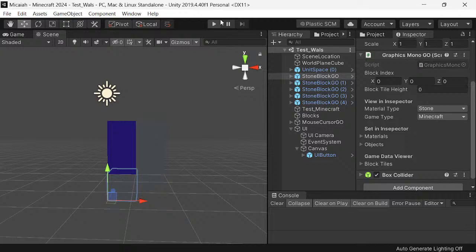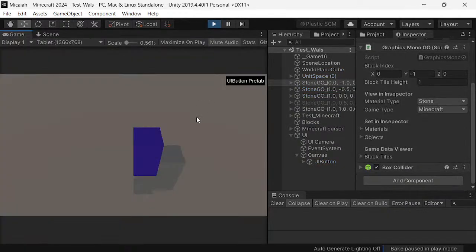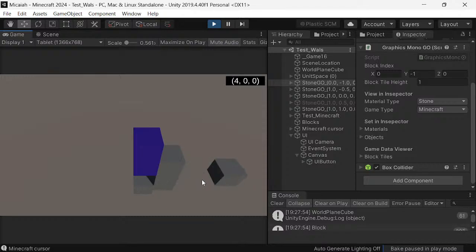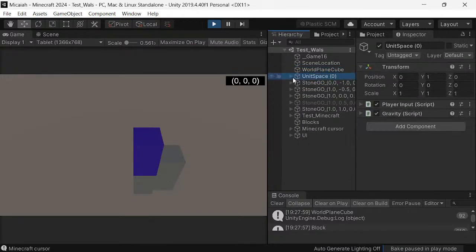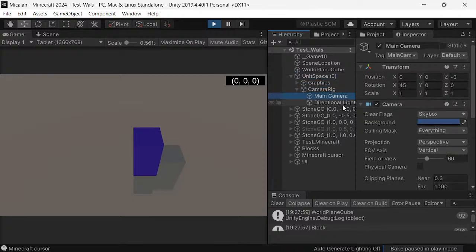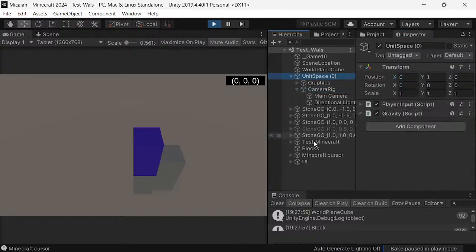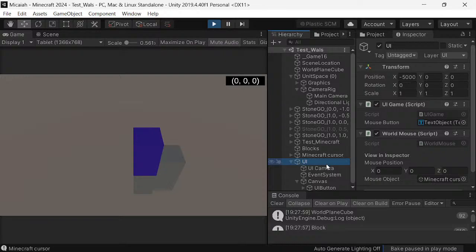Okay, and I hit play, and now, okay, so then this camera, oh, right, because the unit space is here and the camera rig is here. And then do I need to say the UI,